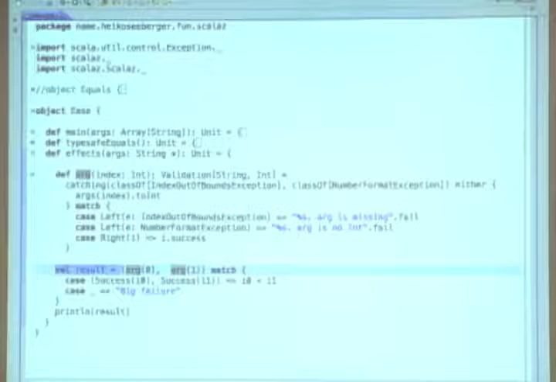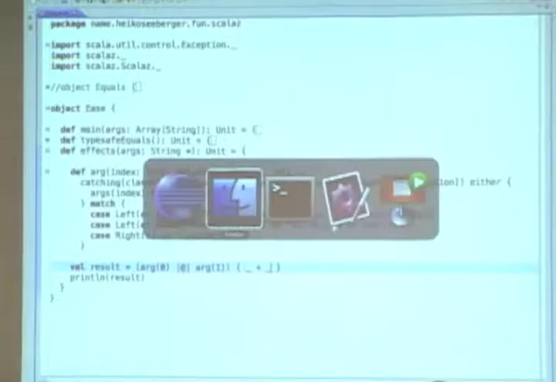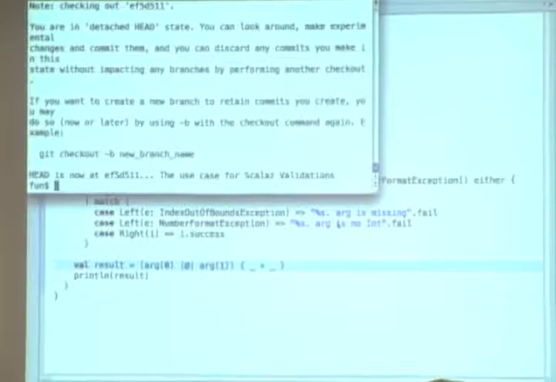We have our arguments, and we combine them using an applicative builder operator, and then we call the function we want to call. In this case, let's just add those two. Et voila, that's it. Let's run it.